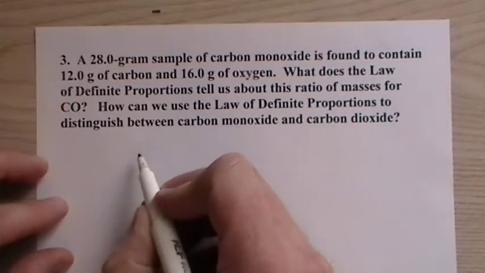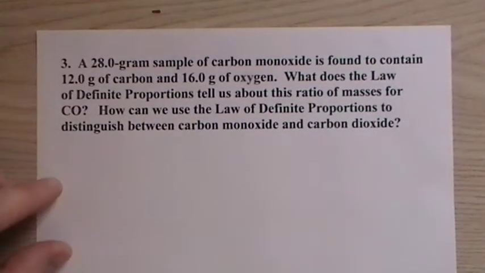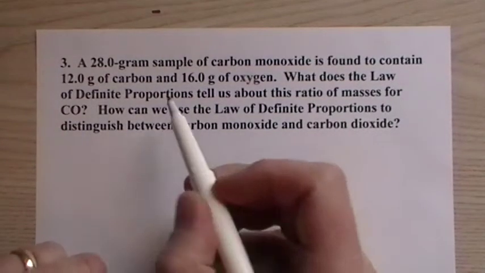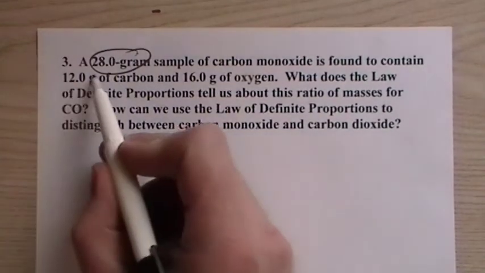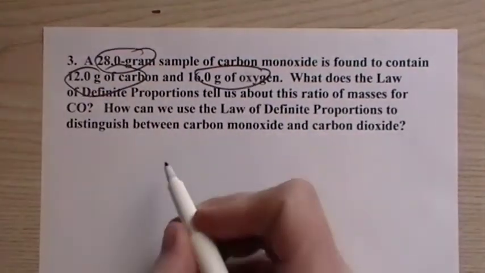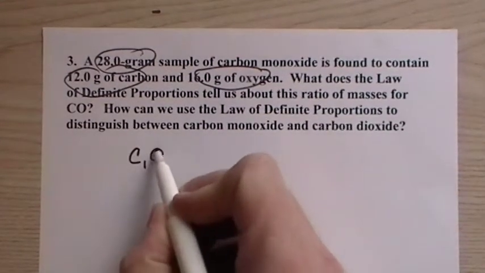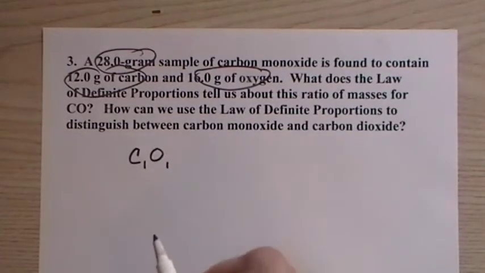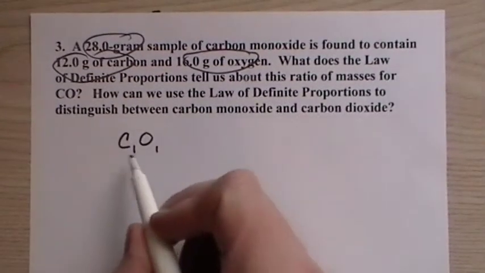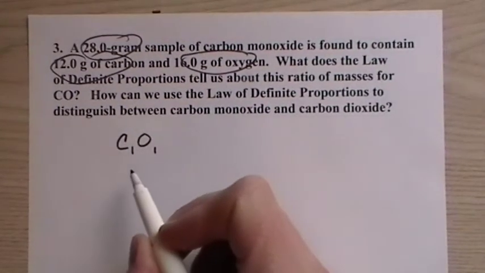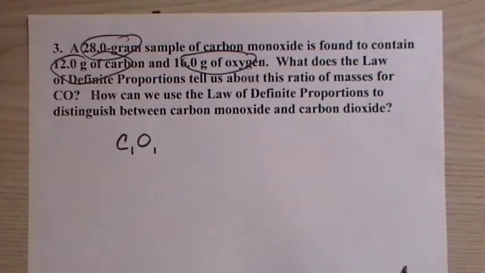And what they determined, and they didn't know that there were atoms, they were hypothesizing that there were atoms at the time, so that's why they went by masses here. But they knew if they had a 28 gram sample of carbon monoxide, it will always have 12 grams of carbon and 16 grams of oxygen. And the reason was, and we know that now, that there's one carbon for every oxygen in CO. We don't normally put the ones there. But because the ratio of atoms doesn't change, and each atom has the same mass, carbon always has the same mass, oxygen always has the same mass,